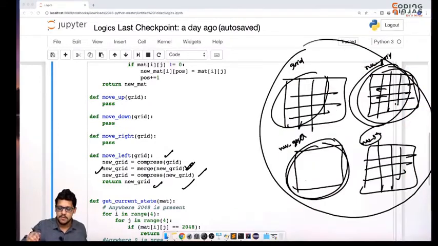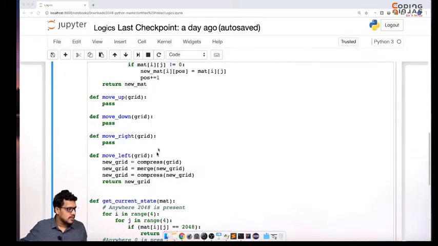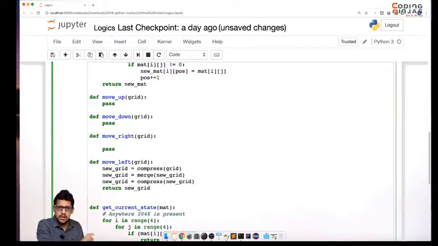So all of these steps have been performed and we are able to perform the operations. We have performed move left. We just need compress, merge and compress and we are able to apply these moves. For moving right, these operations will remain the same. Just for moving right, we will first reverse the matrix. So first we will get a reverse grid by calling a reverse function.